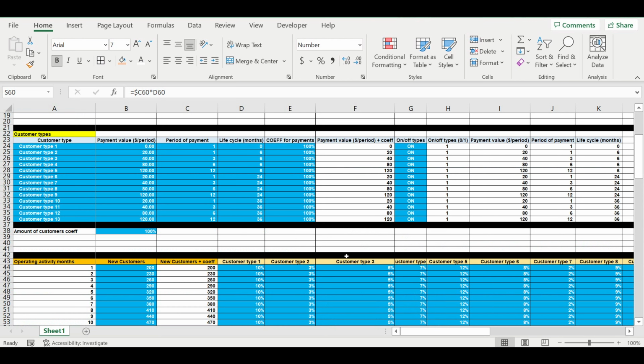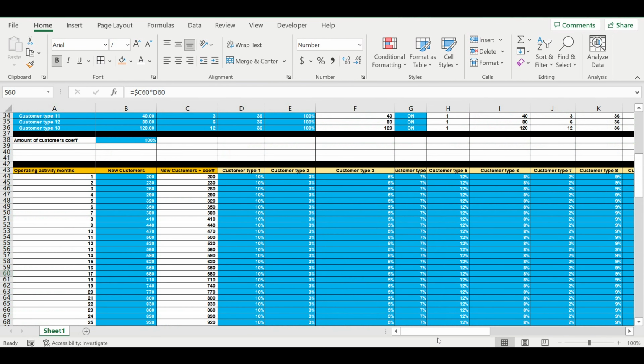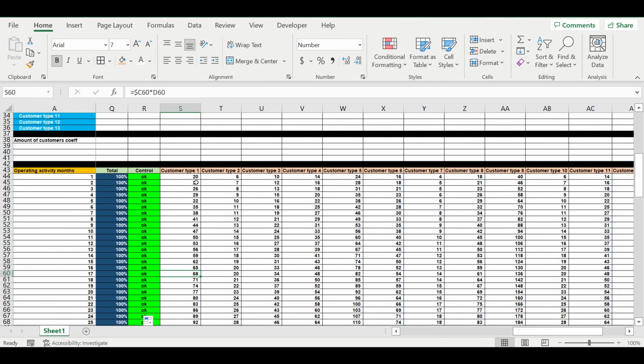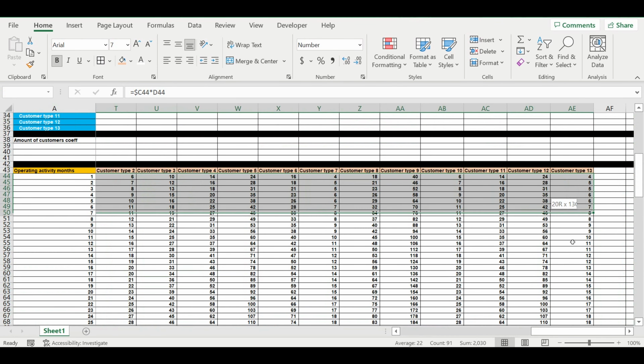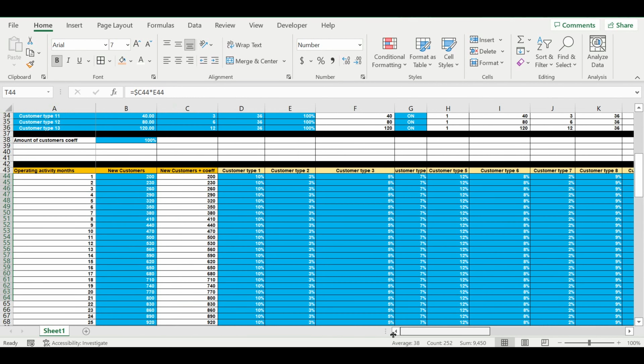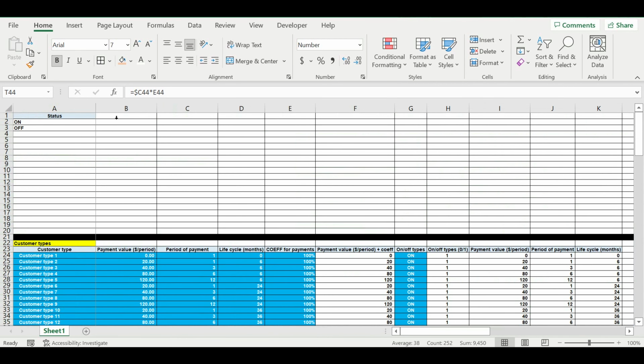And now what we've done by the moment, so we've created the amount of new customers, and we have them from top to the bottom, but we have to place them from left to the right. And now we have to create the timeline for our investment project. So here we place years,